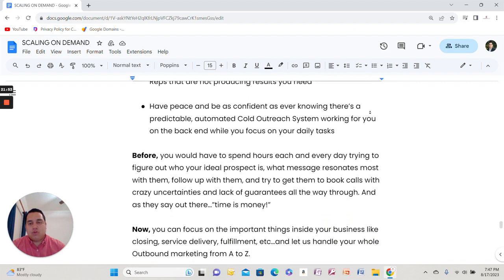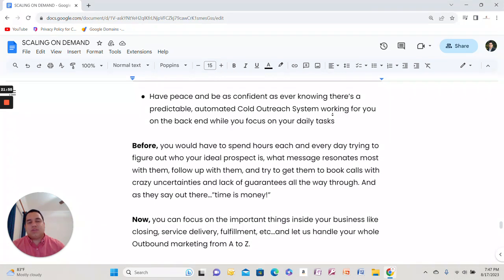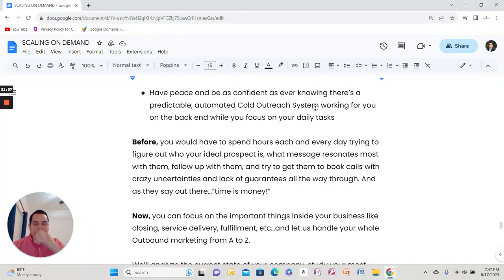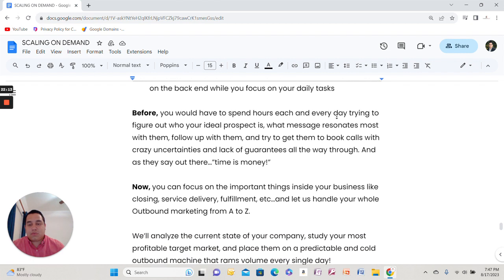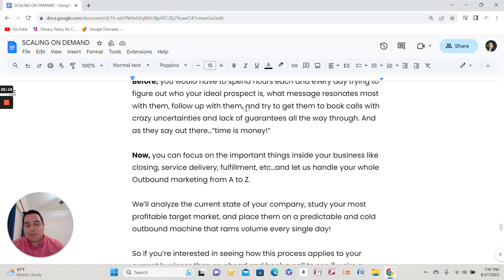Before, you would have to spend hours each and every single day trying to figure out who your ideal prospect is, what message resonates with them, follow up with them, try to get them on booked calls, with crazy uncertainties and no guarantees all the way through. Because as they say out there, time is money. So now you can focus on the important things inside your business: closing, service delivery, the fulfillment,